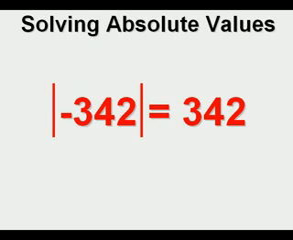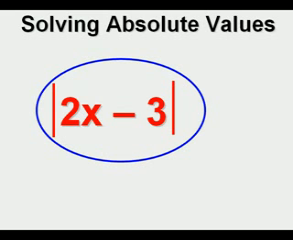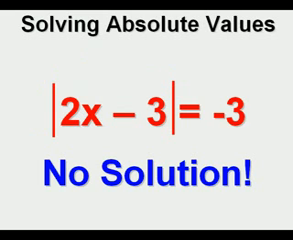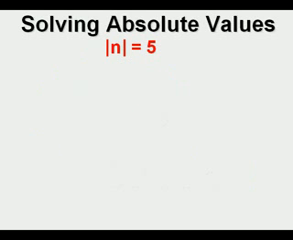Therefore, if you see an absolute value expression on one side of an equal sign and a negative number on the other side, you need to recognize that there is no solution for the equation. In this instance, there is no value of x that can make the absolute value of 2x minus 3 equal to negative 3. Let's start to solve absolute value equations by using a very simple equation, the absolute value of